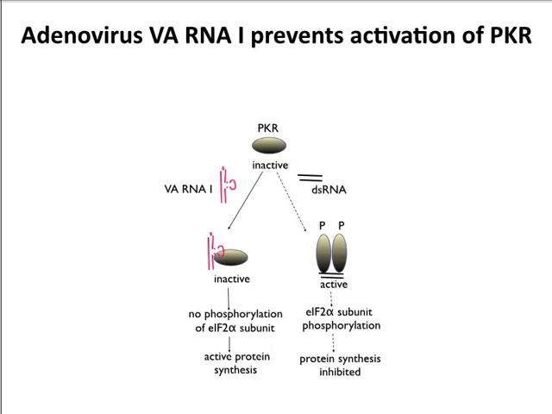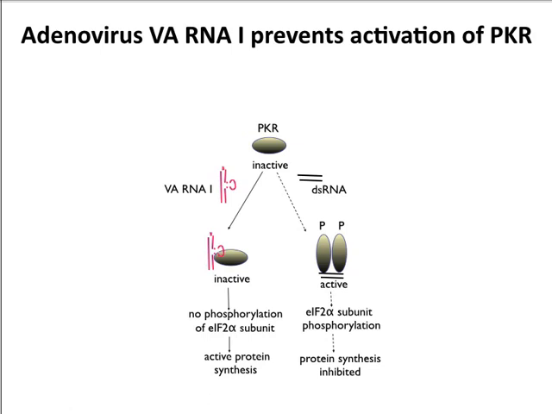So here's how adenovirus does it. Adenovirus infects a cell, makes double-stranded RNA that could potentially activate PKR. PKR is induced because the cell senses the presence of adenovirus. So here we have PKR being made. It's inactive, right? The virus makes double-stranded RNA, which would lead to activation of PKR and phosphorylation of EIF2, protein